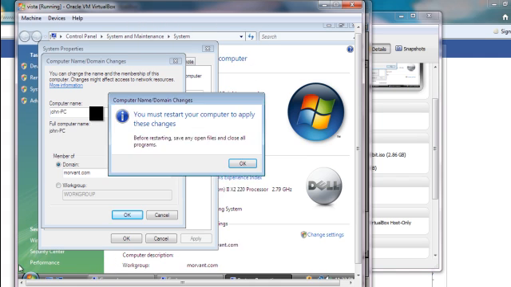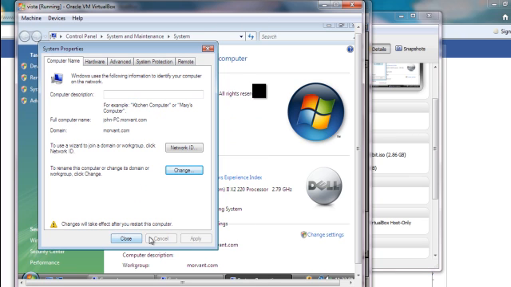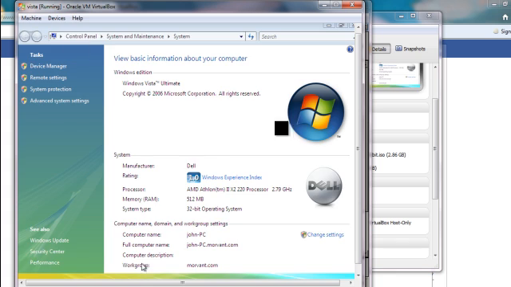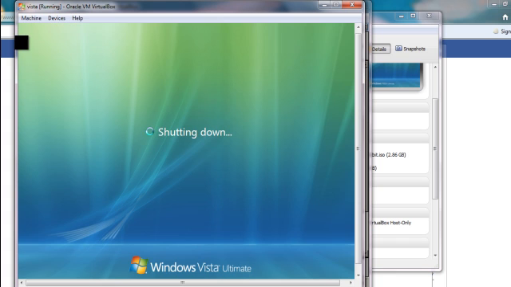Click on OK. You want to restart the computer for the changes to take effect. I will restart the system now. While we are waiting for the system to restart,